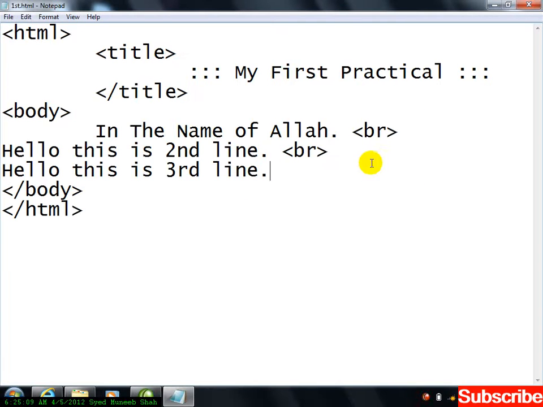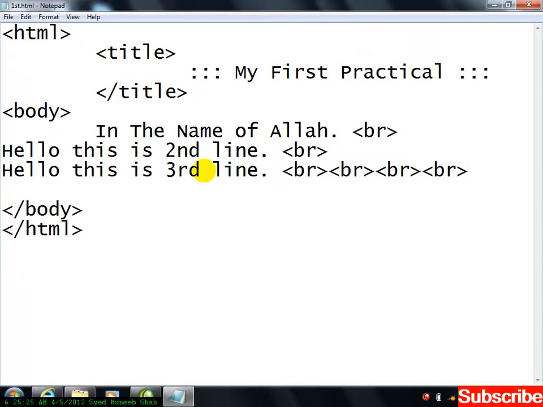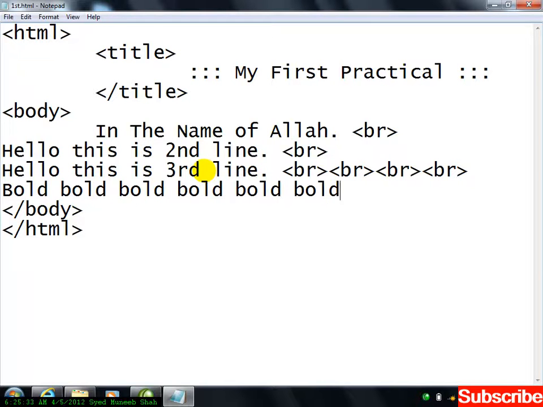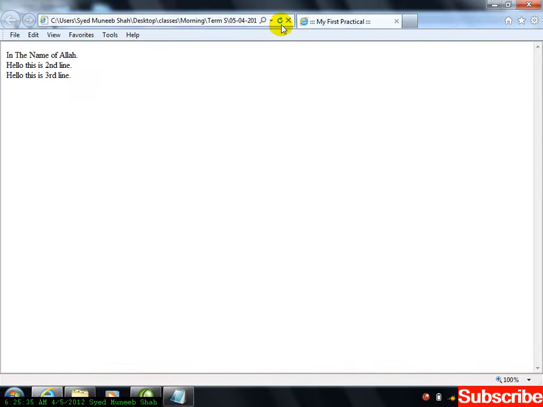Again in front of this one I'm writing BR 3 times, 4 times. It's up to you. How many times have I written here? 4 times. So it means after the third line it will shift itself 4 times down. And here for example I'm writing what I've written. File, save, output, refresh. Check it out. After the third line, 1 2 3 4, and here in the fifth line it has written